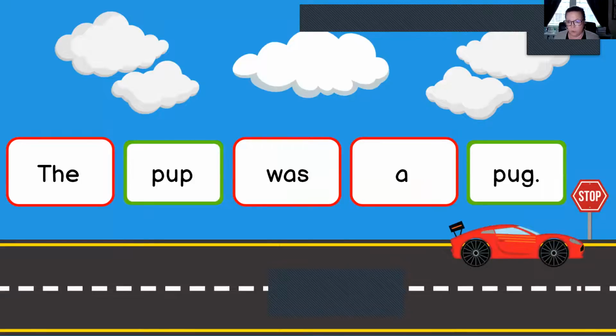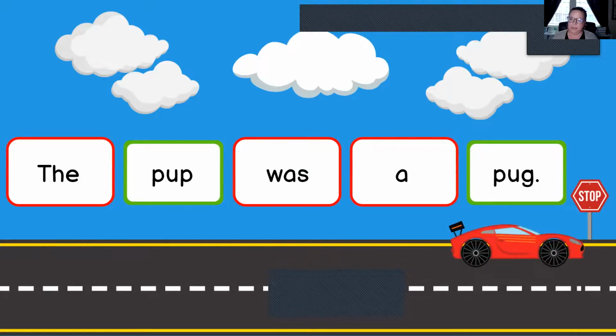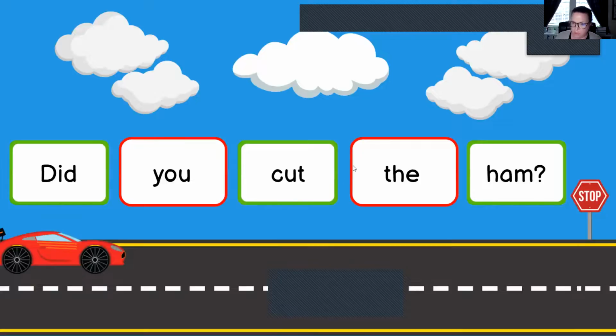And so they say each word in the sentence, the pup was a pug, and then fluently, the pup was a pug. So you practice each word and then as a complete sentence. And then there's another one. It's got questions, so you can practice inflection in the voice, etc. Okay. So those are all in SharePoint